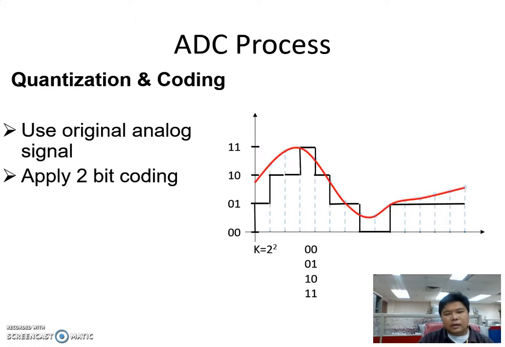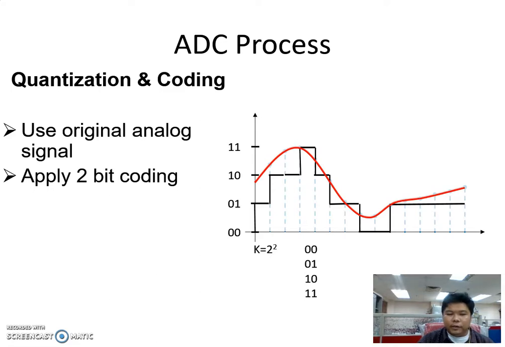Then, going to the quantization and coding using the original signal with 2 bits, here's the representation of the analog signal and the 2-bit sampling that we have. In the backdrop, you see the signal represented by the digital output and the original analog signal overlapping. You see some distortion. This distortion happens because we are using only 2 bits to represent the analog signal. So to get a better signal,